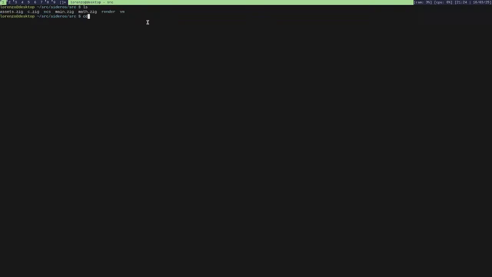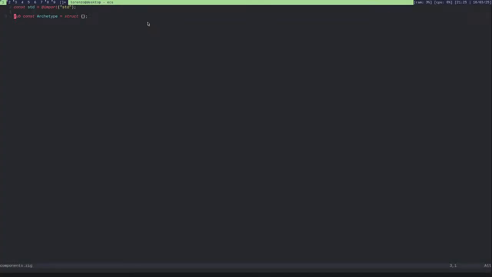Anyway, I already made the folder for it, and I intended to use archetypes, but we will not, and so I will just remove that completely. And instead we will be using a sparse set.